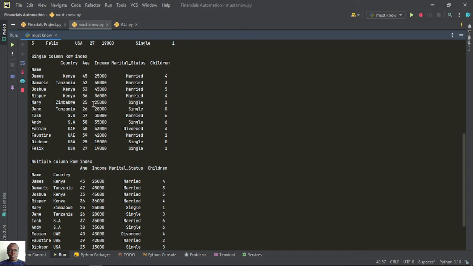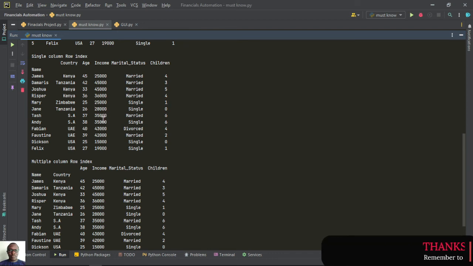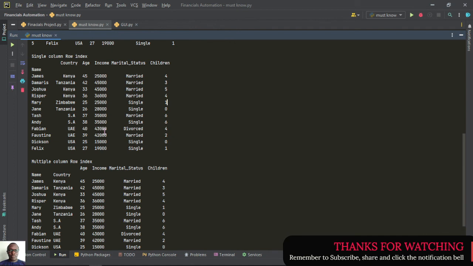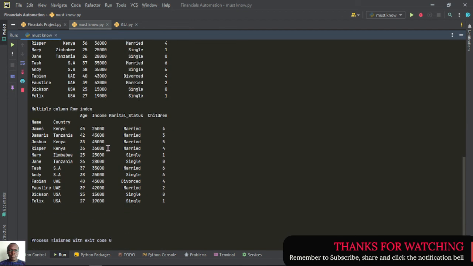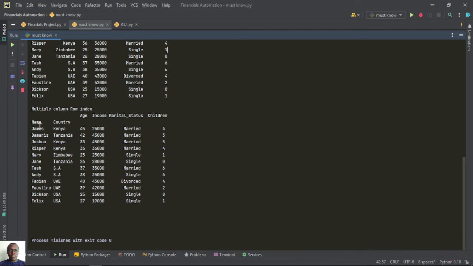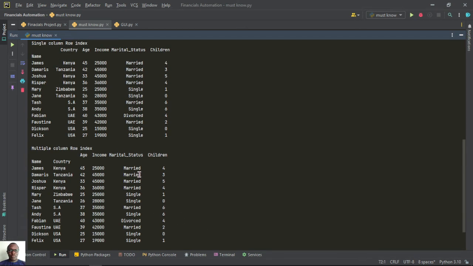And that's all about setting columns as row index and setting multiple columns as row index. In this multiple row index, you can use these two row indexes when you want to subset data into a different form. So that's all about setting single and multiple